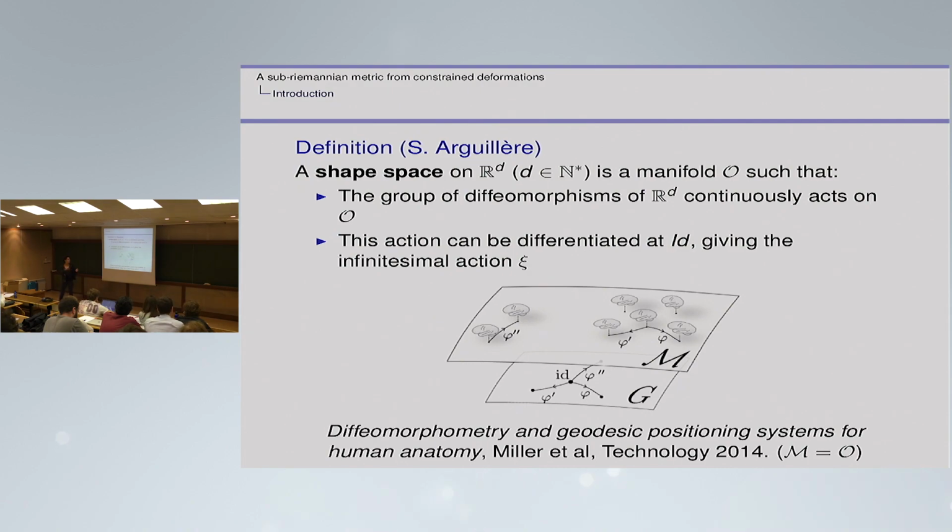Basically, you have a group of diffeomorphisms, which can be all the smooth diffeomorphisms, or it can be a subset of it, even not smooth. And you have your shape space. Here it's denoted by M because I took this picture from this book, but in the rest it's going to be O. Okay, so here M equals O. Basically, if you have one shape, here a brain shape, and you have a diffeomorphism, you can apply the diffeomorphism to your shape and you obtain another shape. So by applying diffeomorphisms to one shape, you can jump from one shape to another. So you know how a diffeomorphism can transform one shape.